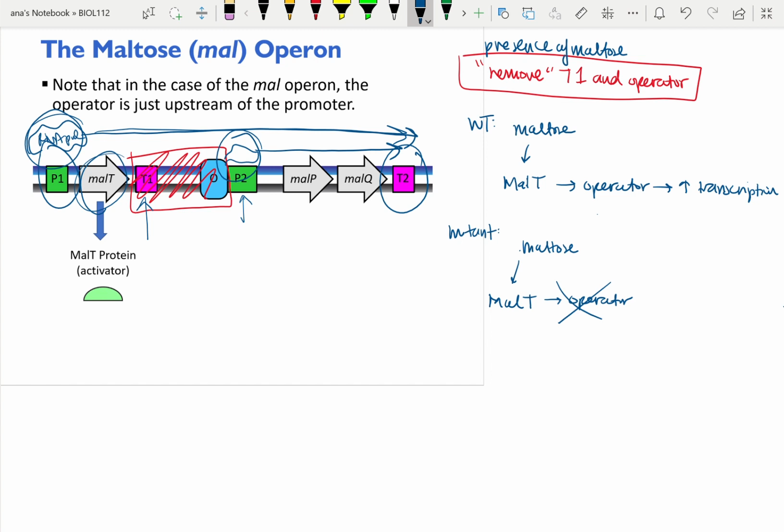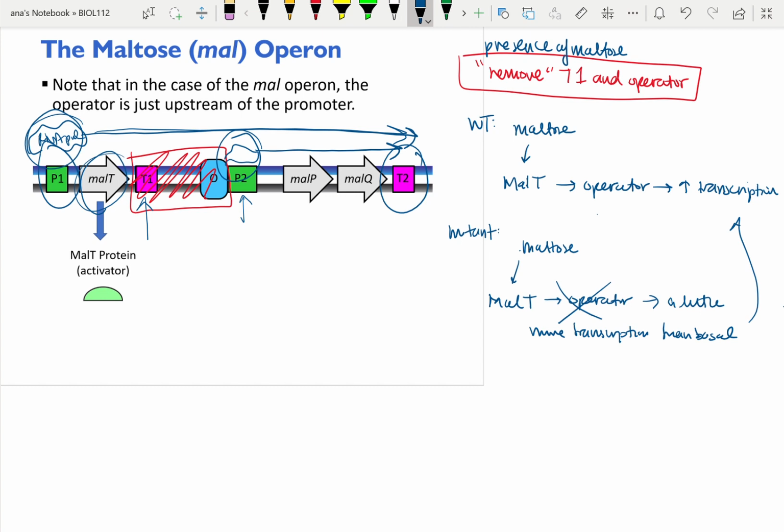So we would see a little more transcription than basal, but it's nowhere near the level of transcription that we had up here because P2, like when MALT